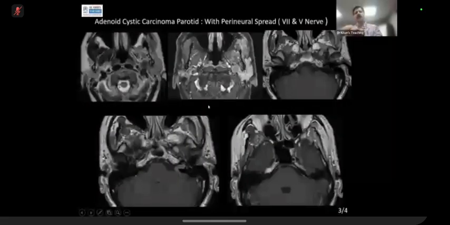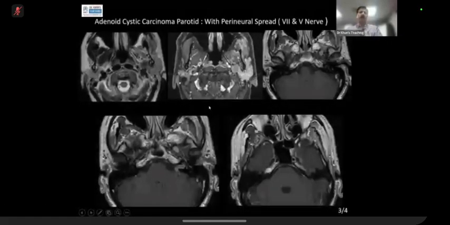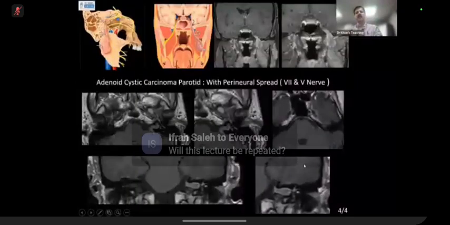So in our case, please remember that anatomy-wise, there are some connections to the lingual nerve between the 7th and the 5th nerve. So part of the tumor has gone into the 5th nerve, and from there, perineural spread into the Meckel's cave